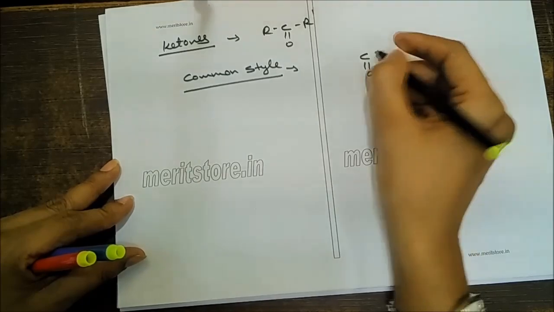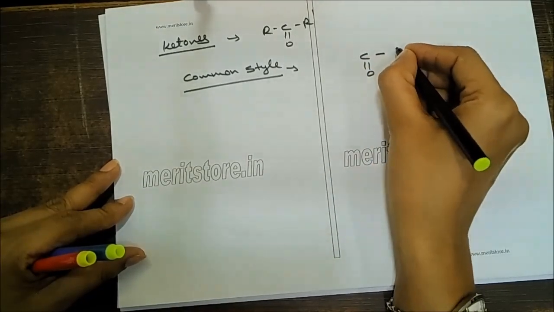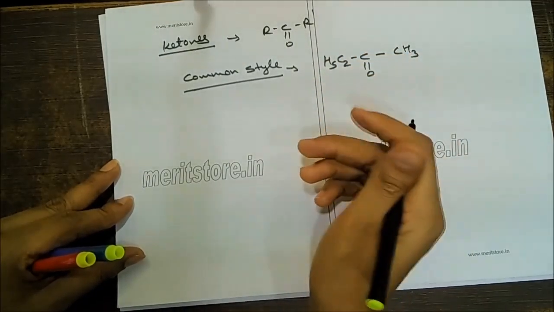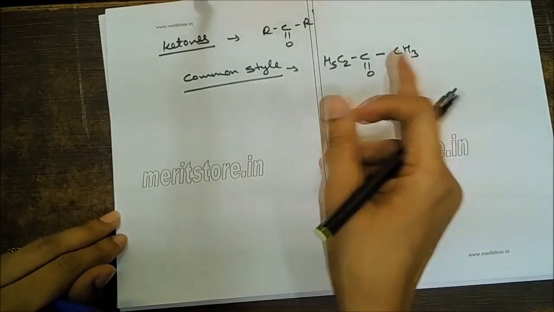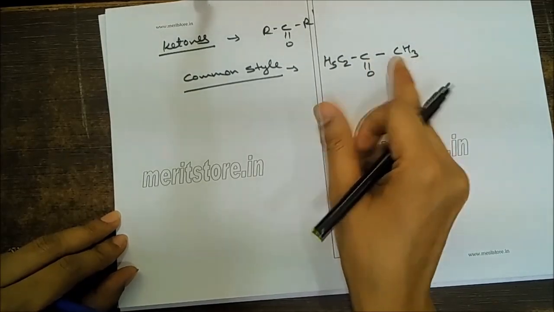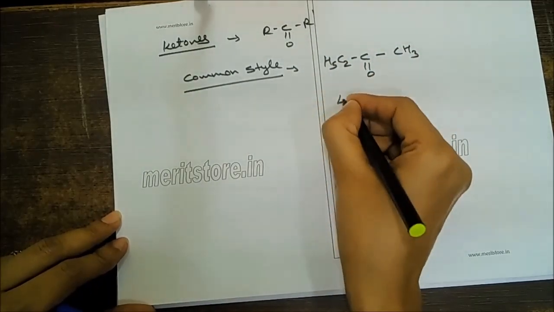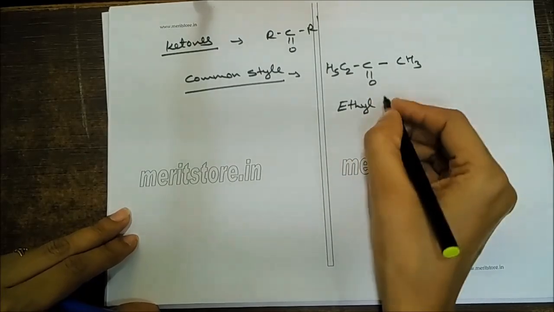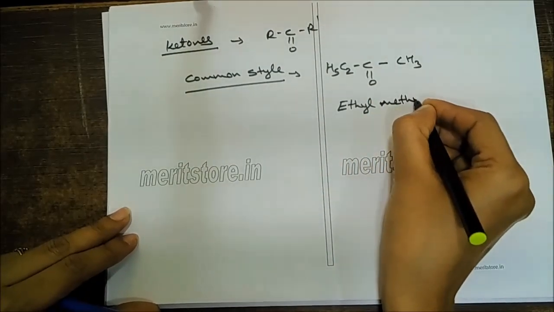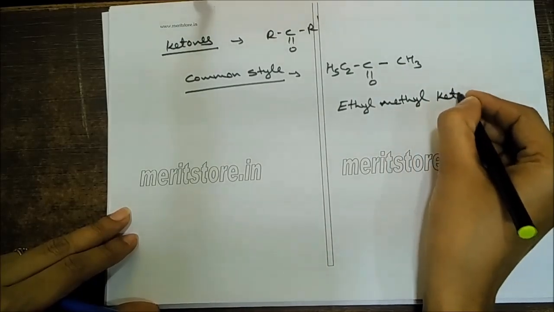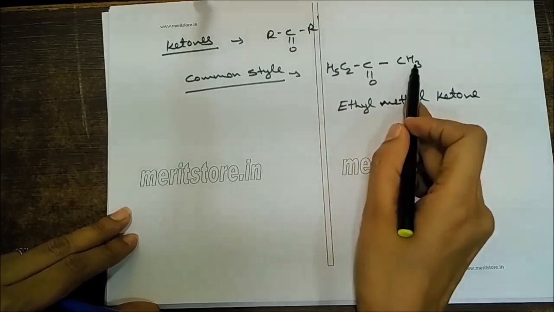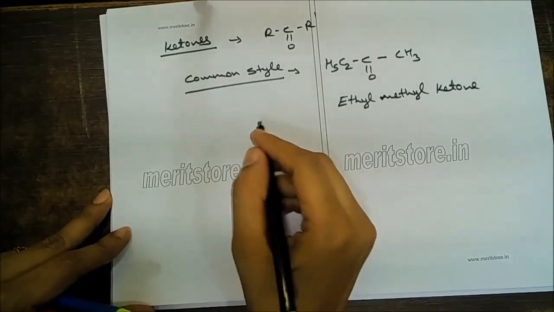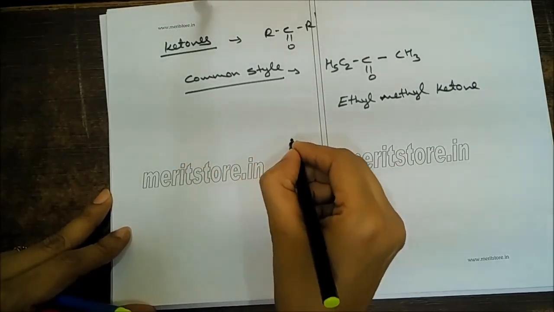This is our carbonyl group, keto group, and if on one side it's a methyl group and on the other side it's an ethyl group, we will give the name as alkyl ketone. Here it is a methyl group and an ethyl group, but we'll take the ethyl group first as it comes first in alphabetical order. So it's ethyl methyl ketone. If any substituent is present on these ketones, we will give its position by alpha, beta, gamma, same as in aldehyde, but